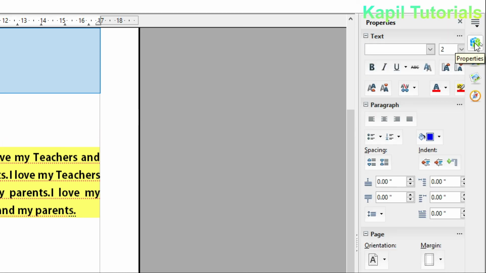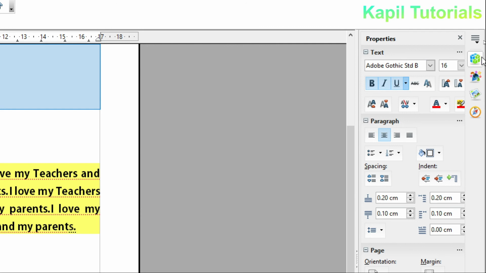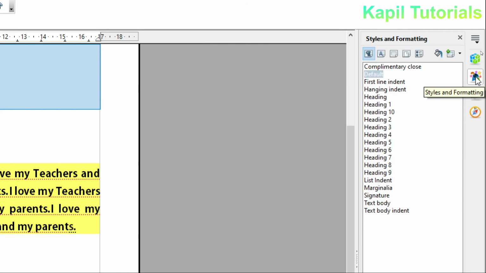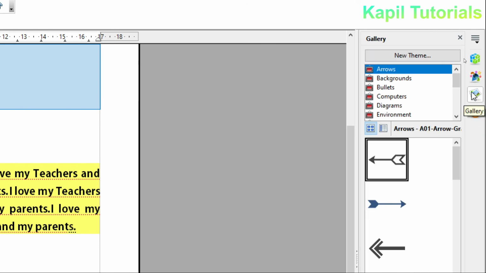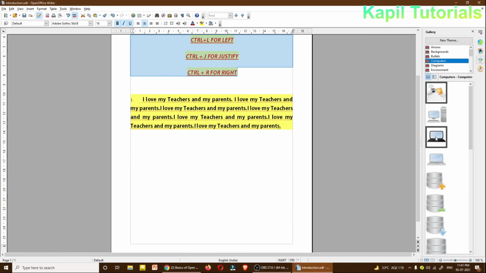See, when I click on these properties, so this page we have opened earlier. Then styles and formatting, this I'll cover in the next topic, gallery. So suppose I click on computers, so here are the computers. I can select it and I can drag it.